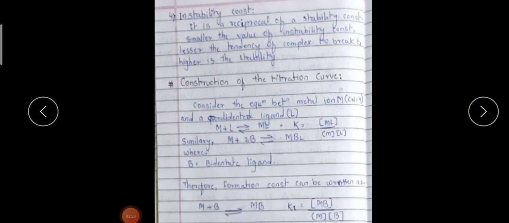Which terms have we seen? First of all, the definition of complexometric titration. Then the definition of complex ion. I said one more definition, that is coordinate bond. What is called a coordinate bond? The bond formed by the sharing of the lone pair of electrons by the ligand to the central metal atom or ion is called a coordinate bond. Got this point? Then complex ion, then ligand, then stability constant and instability constant. These are the important terms used during this particular complexometric titration.